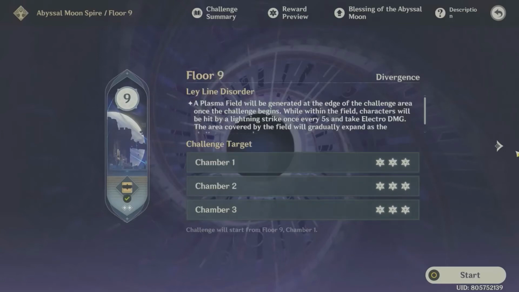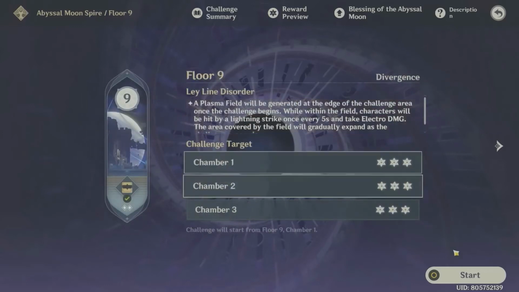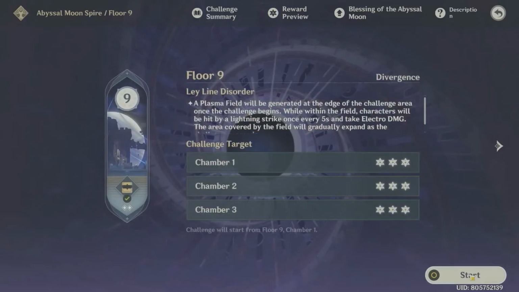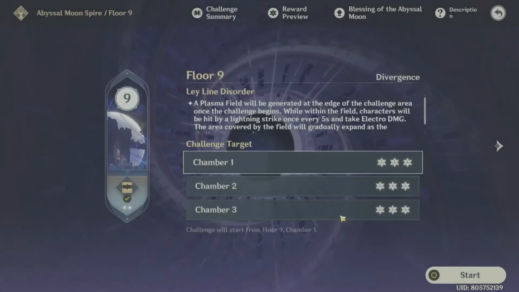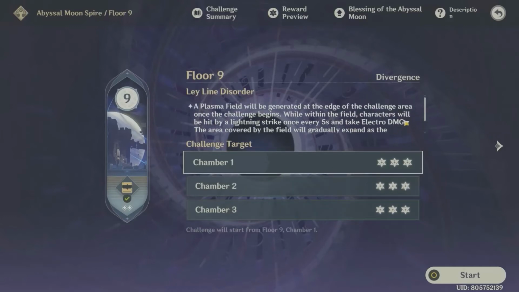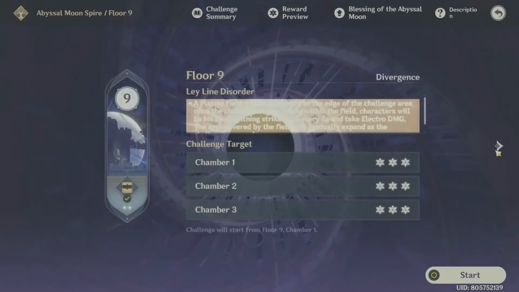Alright, I think that's about it for this part. With that, I think we can move on to create our two teams. So I'll be doing a demonstration for how to create a team for floor 9, but I won't be actually giving a rundown of what I do exactly for floor 9 because I think most people don't struggle with floor 9 and floor 10, but